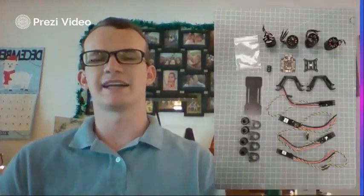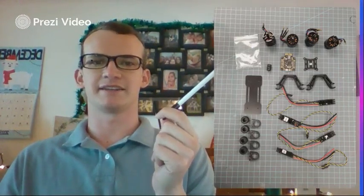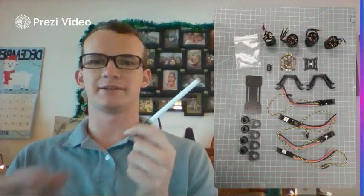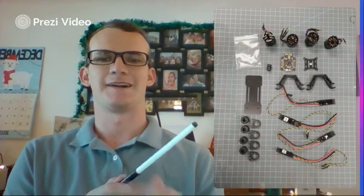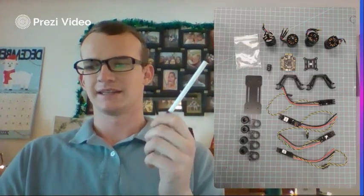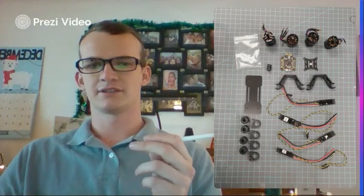All right, we're going to continue on, and inside some of the bags that you will find in your box, you're going to find this here. In this first bag, you can't tell, I'll give you a close-up picture here in a second. These are going to be your gummies, just like shock absorbers to help with your flight controller. This here is going to be your battery mounting plate, and here we have your hangers,